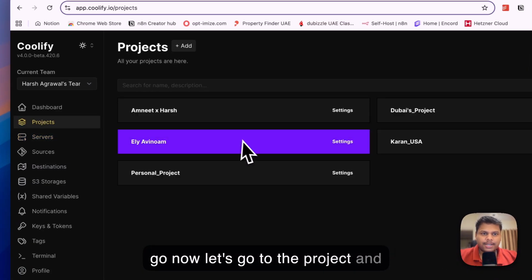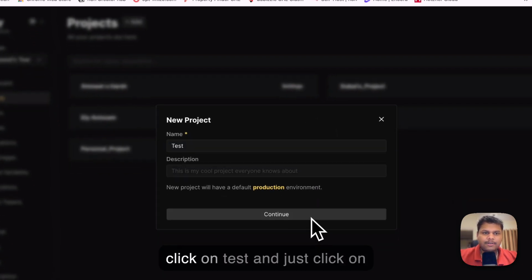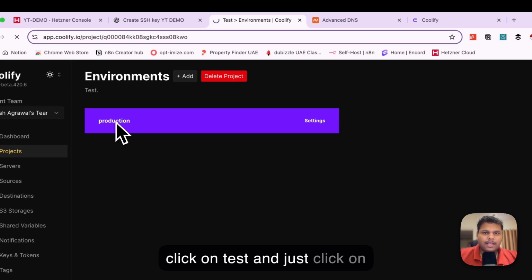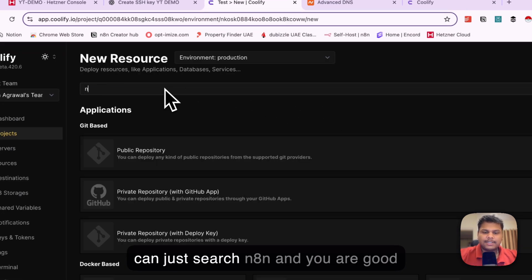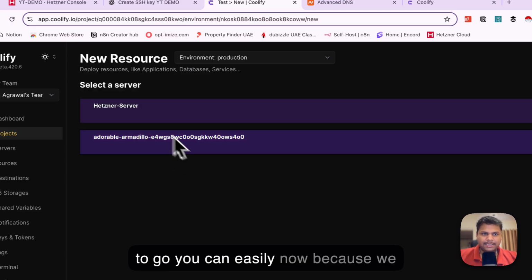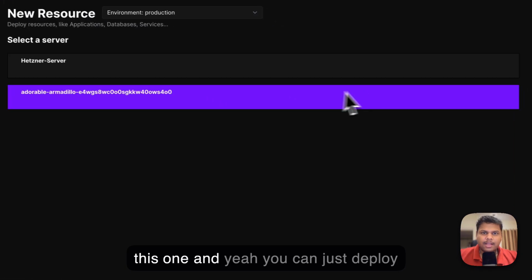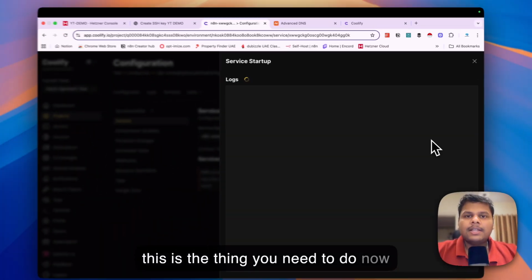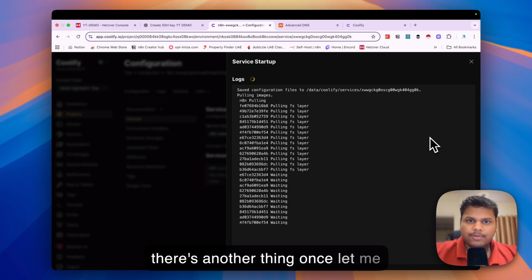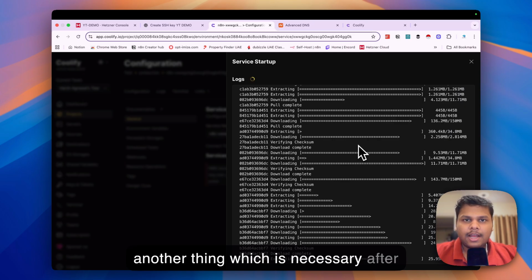Now let's go to the project and click on add. You can just use test, click on production, and add resource. Now you can just search n8n and you are good to go. Because we have a new server, I am going to use this one, and you can just deploy. This is the thing you need to do. Now there's another thing. Let me complete this, and I'll show you another thing which is necessary after completing